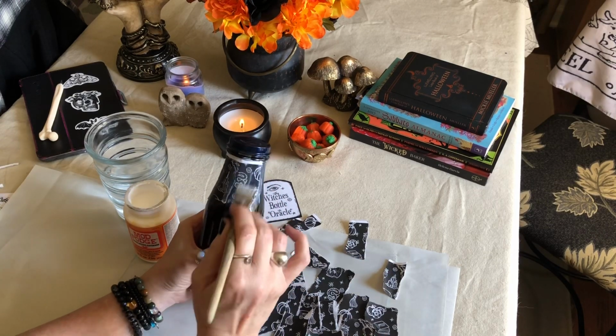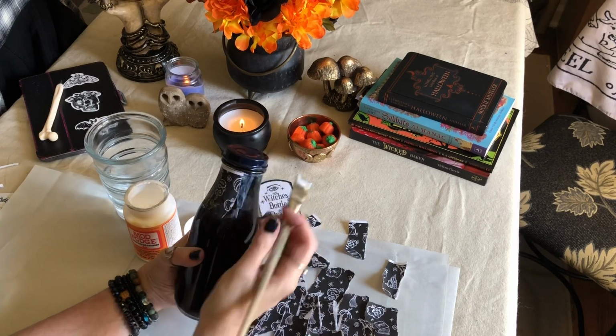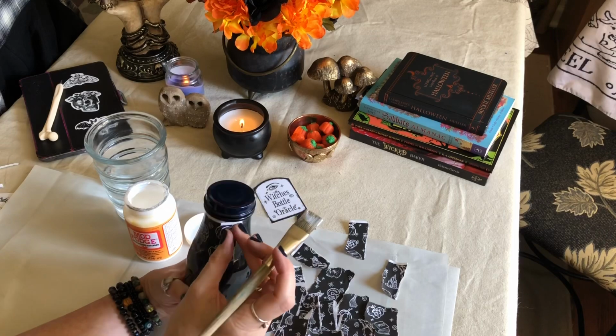Then I'm going to flip the bottle over, which you'll see in a minute, and I'll do all of the bottom edge ones, and then I will go through and fill in all of the middle. That way I know my top edge and my bottom edge are nice and